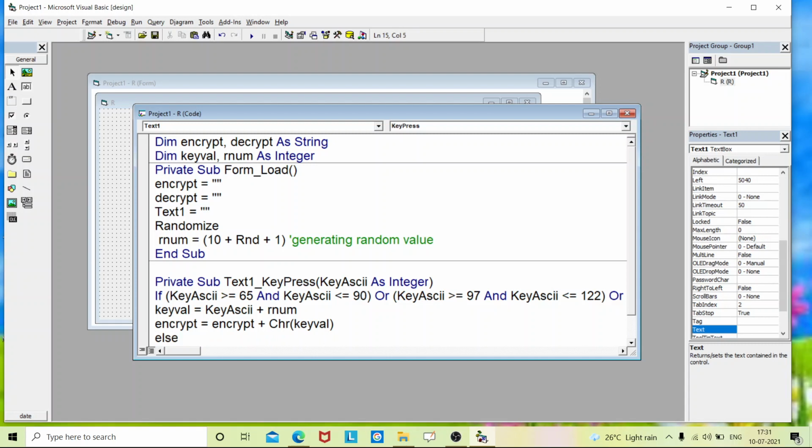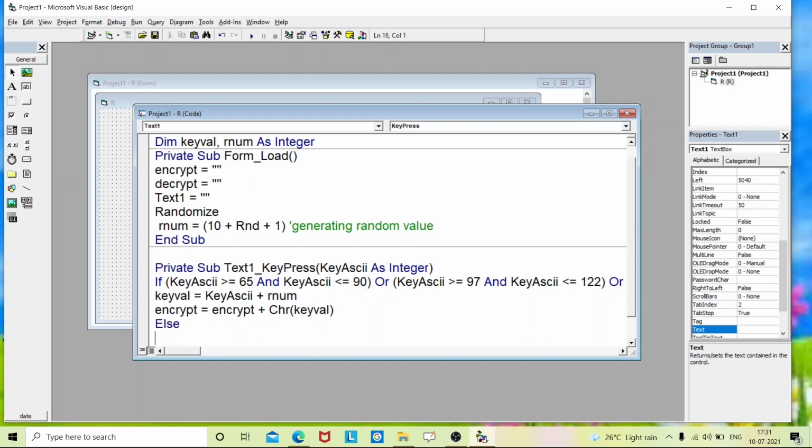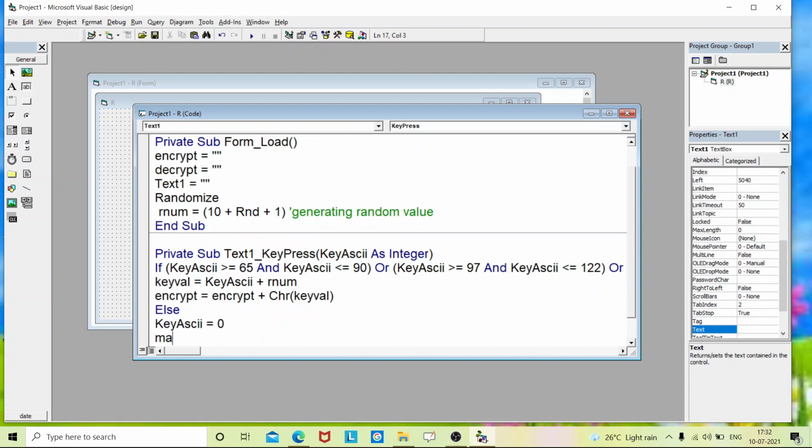Now we'll specify the Else part. If I enter some other character, that value should be set to 0, and a message will pop up: MsgBox "Enter letters only".